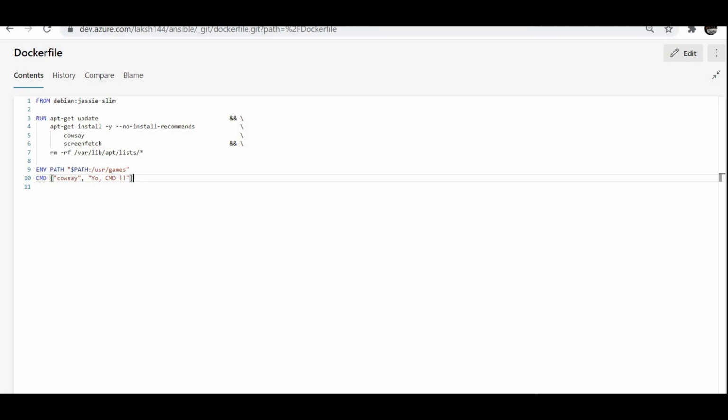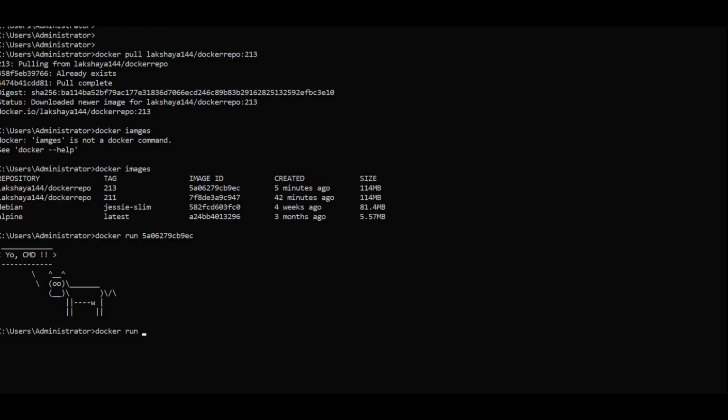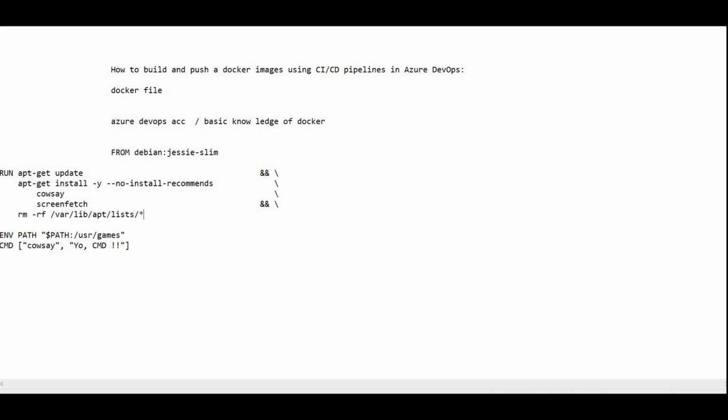After pushing the image, I pulled that image into my local system and ran a container using docker run image id. So this is the workflow that you need to understand. Docker file, Docker image, gone to Docker Hub, which is basically a repository.